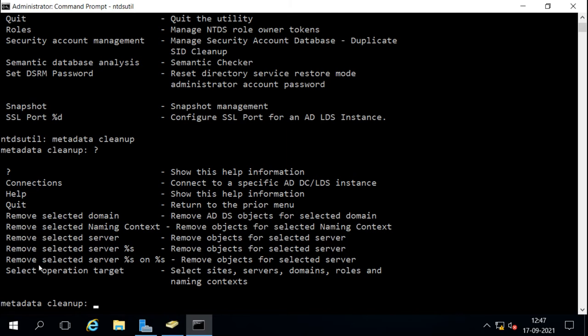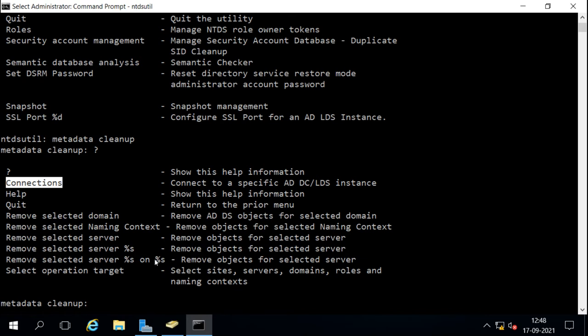Now first we have to connect. We have to connect to the domain controller. We are running it directly from the command prompt, so it does not know which server you want to work on. So first you have to connect to the server or domain controller which is running and available. From there we can clean the database of Active Directory. It will clean from that domain controller, and all the other domain controllers in the domain will be informed as well. So first we have to connect to one domain controller which is available.